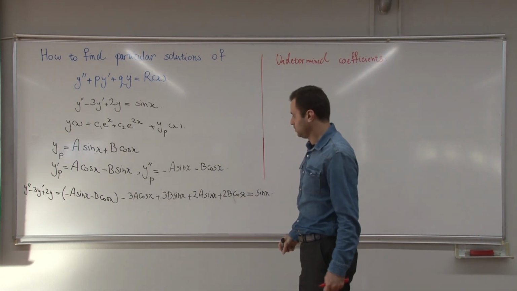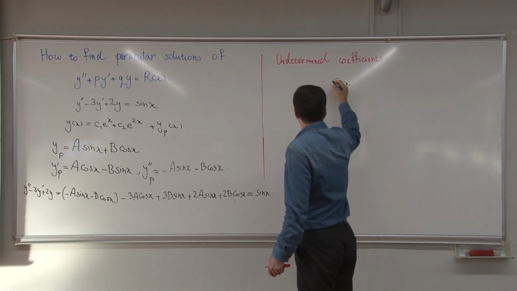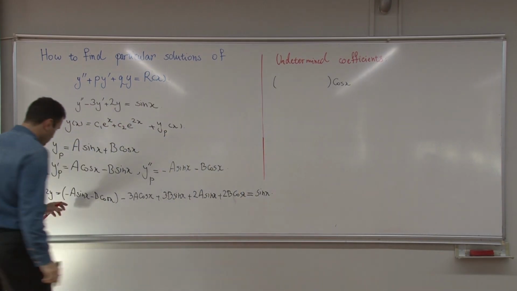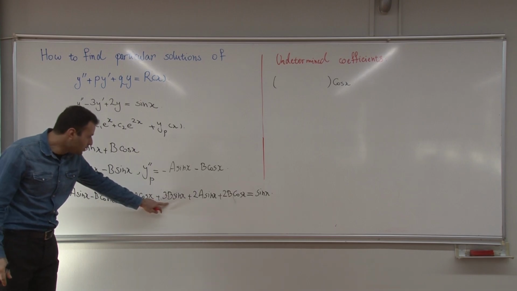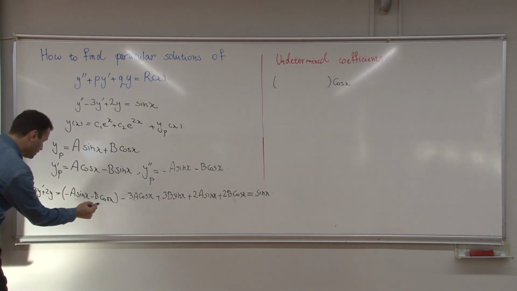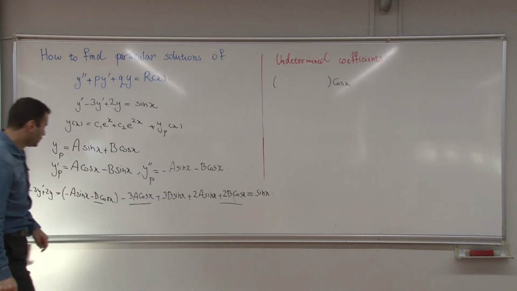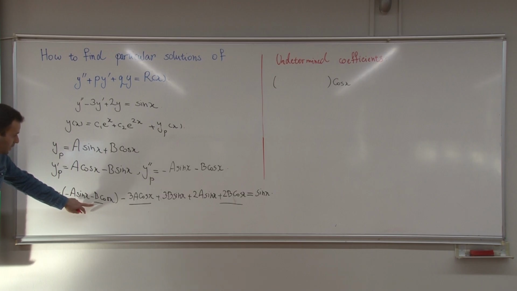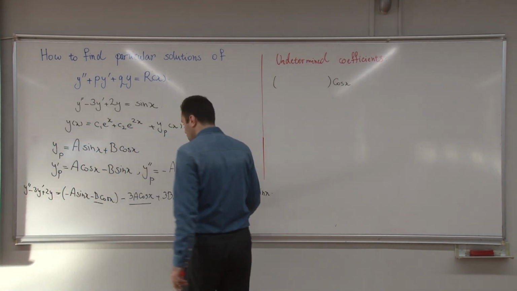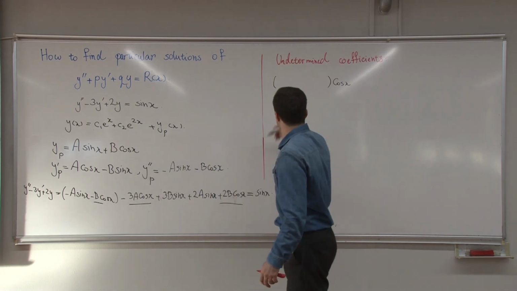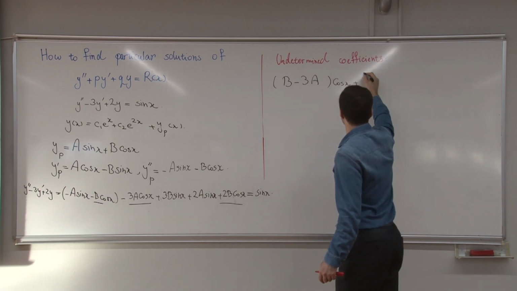What is this then? What is the coefficient of cosine of x? Minus b plus 3b. Cosine, cosine, cosine. What do I have? Minus b minus 3a plus 2b, which is b minus 3a. So b minus 3a cosine of x plus,